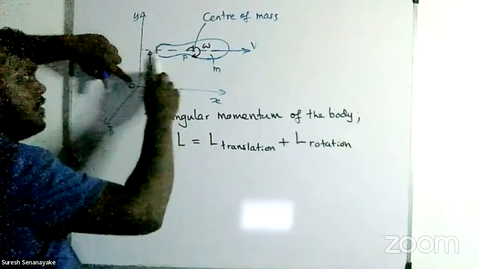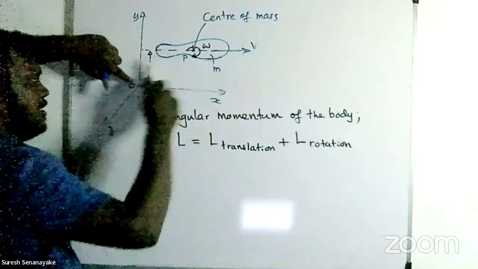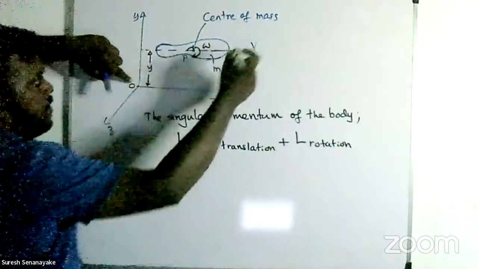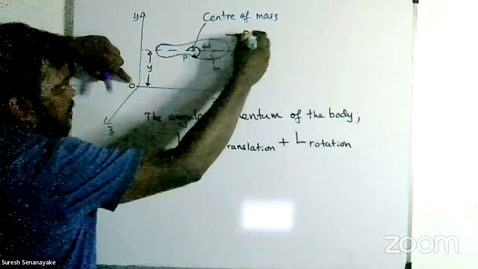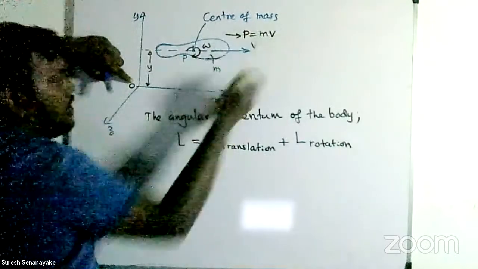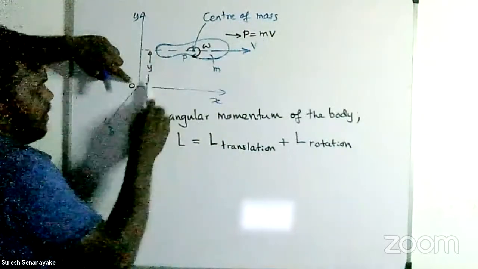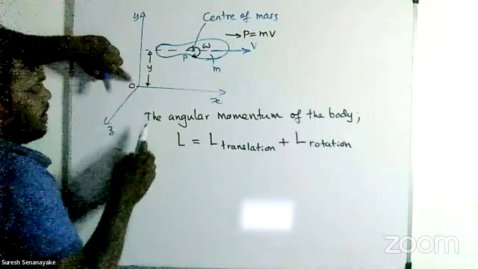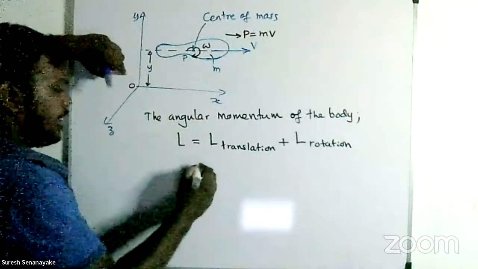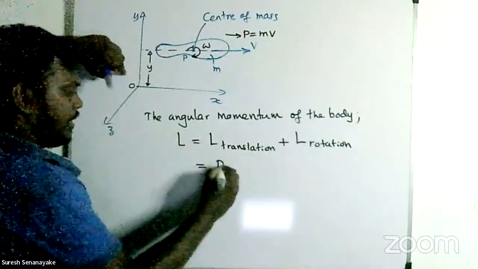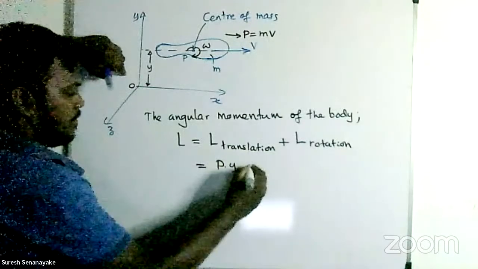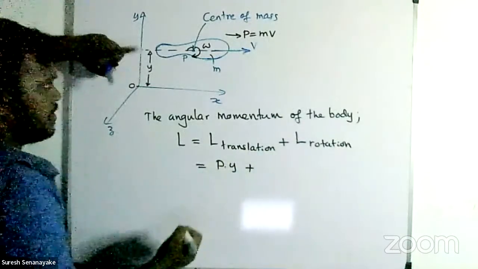Due to this translational motion, there is a linear momentum p equals mv, and it produces a moment as p multiplied by the perpendicular distance, that's y. So you can write this is equal to p times y, plus the rotational part,